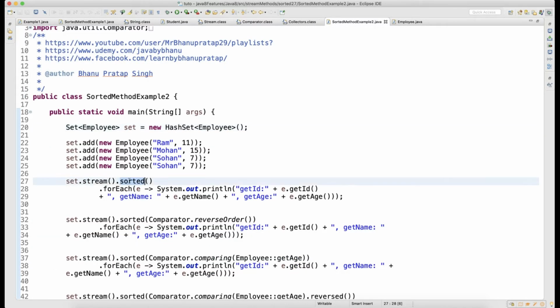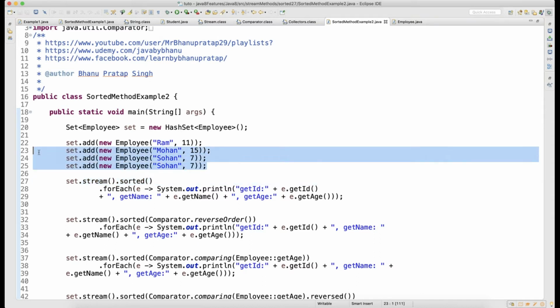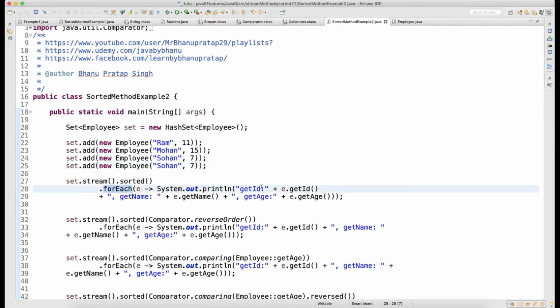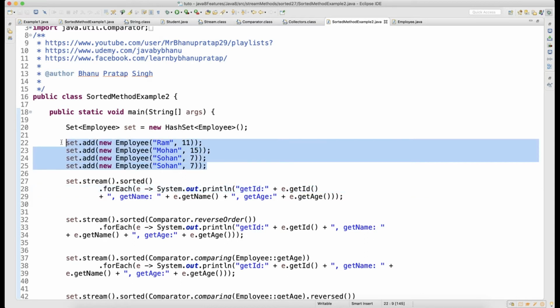So when you call sorted, it took the default sorting based on the name, and it got sorted, your records got sorted. And when you run a for each loop, you are just printing the ID, name and age. So guys, here the ID is going to be always 0. Why? Because you are not supplying the ID in the constructor.